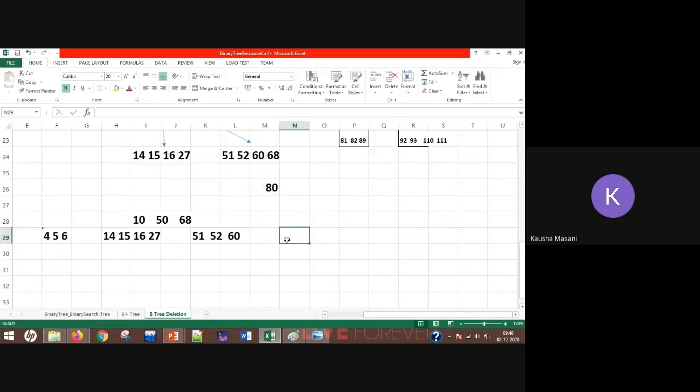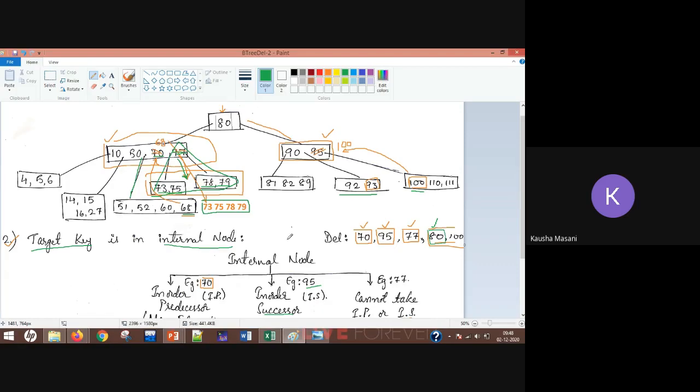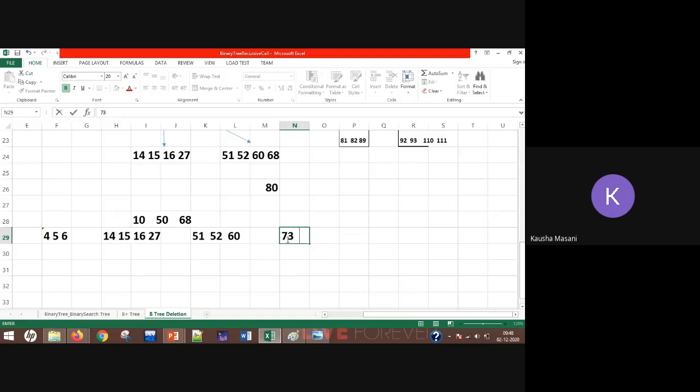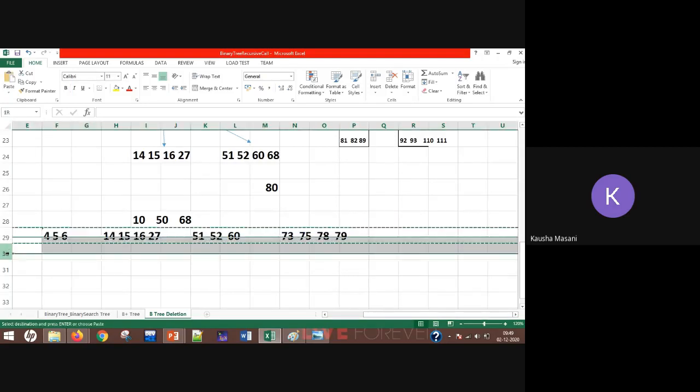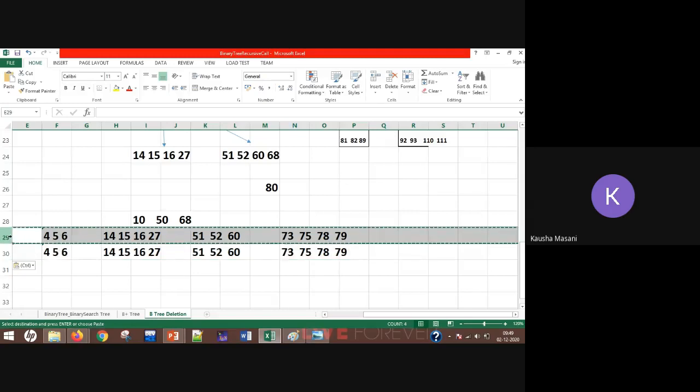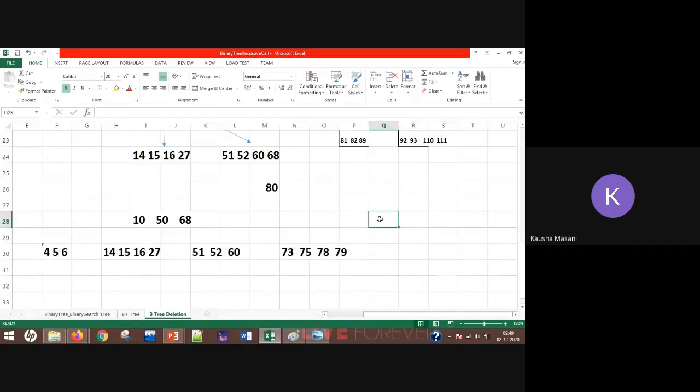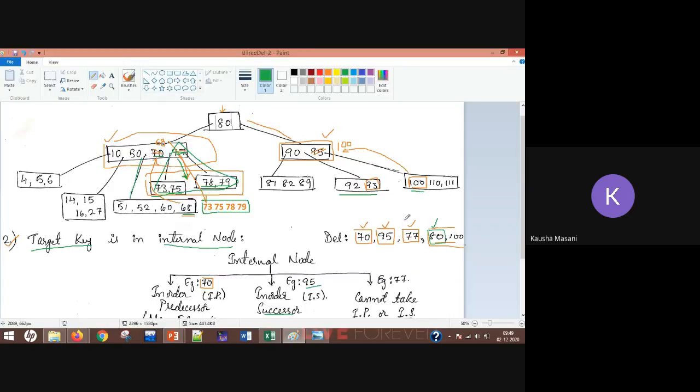And here I have 73, 75, 78, and 79. Here, on this side on the right subtree, I have 90 and 100.